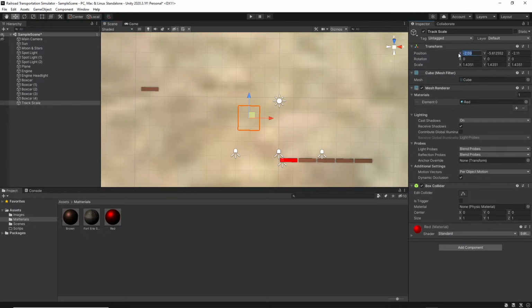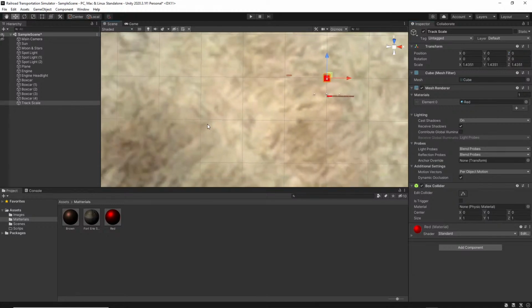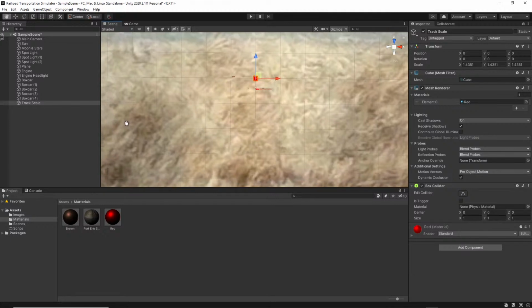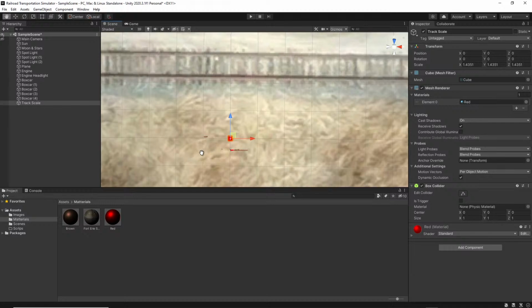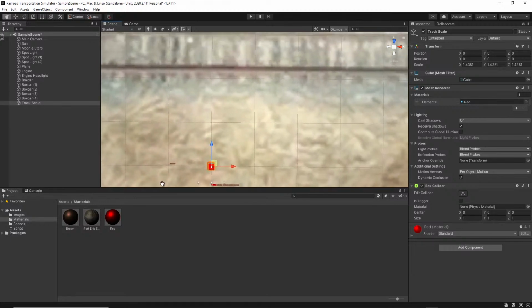Oh, I see. Oh, you're below. Okay, 0, 0, 0. All right. And there's my old cars, by the way. Poor things. Well, my track scale is obviously off according to this because